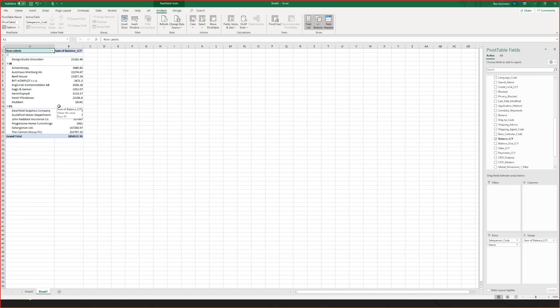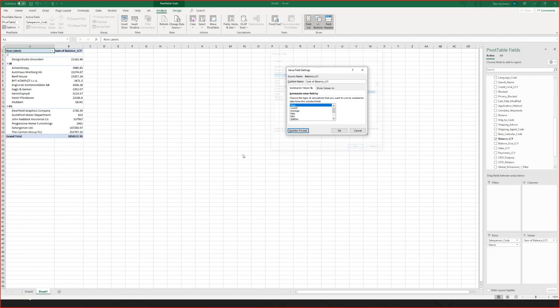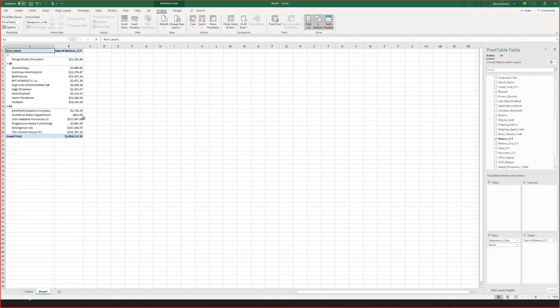Then it brought all that information in. Now I don't know why, but Excel should have brought in this number formatting. For some reason it didn't, even though I said currency in the data load. I'm not sure why. So I'll just come down here, change this number format over here to currency, and there we go. I now have a very straightforward report with all this information.